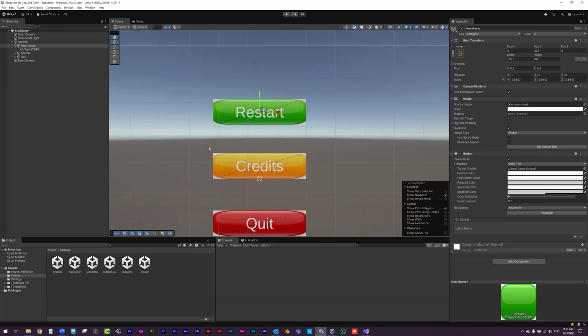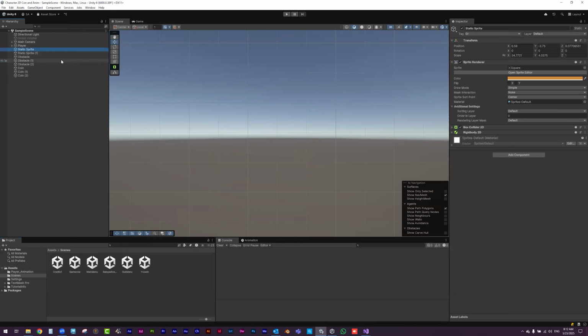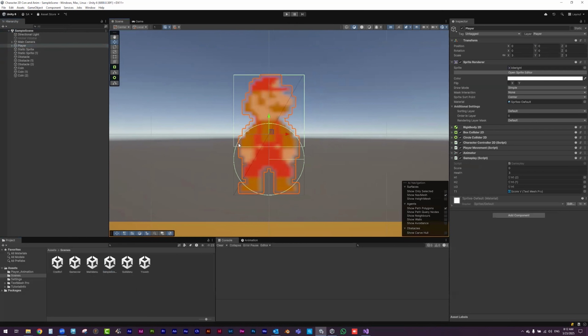But in order to call this scene, I need to go back to the, let me save it first, save, and let me go back to the game here inside it. What I need to do